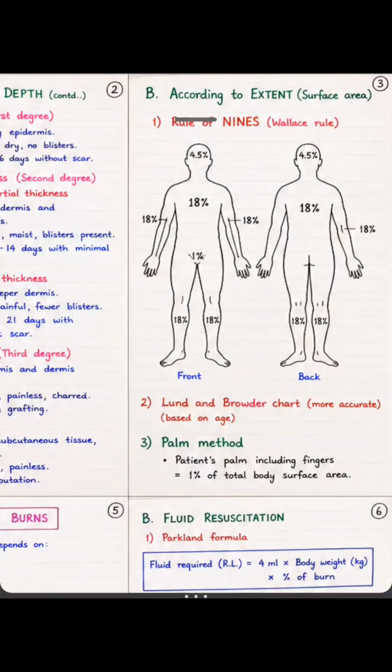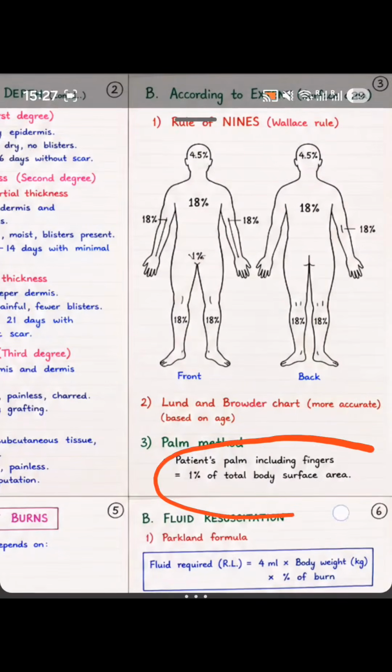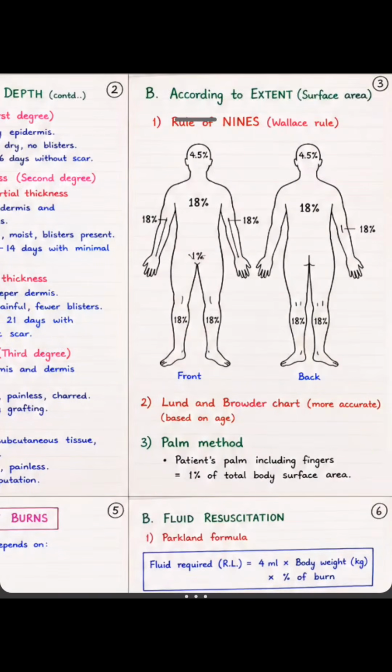And then comes the Lund and Browder chart, more accurate based on age. And if the examiner asks which method is more accurate, you can tell Lund and Browder chart. Third comes the palm method. The patient's palm including fingers is approximately 1% of the total body surface area. So if you don't have the time to calculate a small burn area in detail, the palm method can be